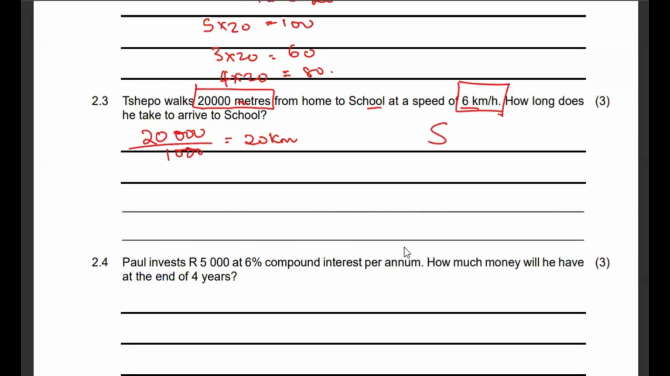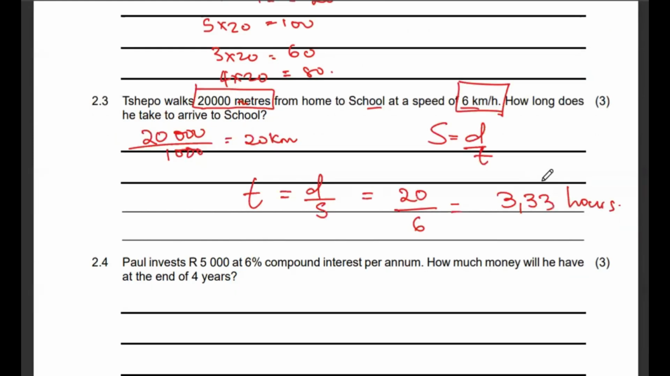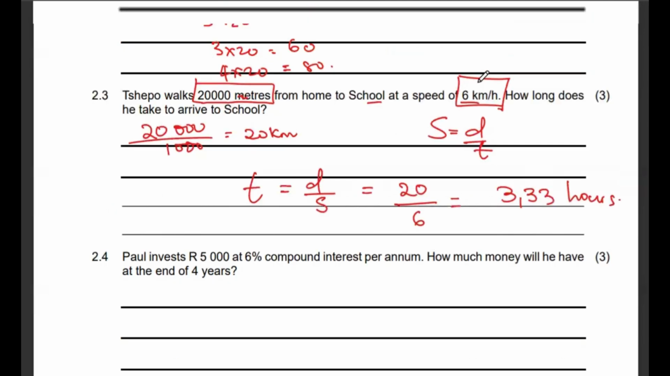Now we know that speed is given as the distance over time, meaning that our time will be the same as the distance over the speed. So what is our distance? It's 20 kilometers, and then the speed is 6. Since they don't want the answer in minutes and all those things, let's just give it the way we can. So that's going to be 3,33 hours walking. Okay, so meaning that this Tsepo boy must leave home around 5